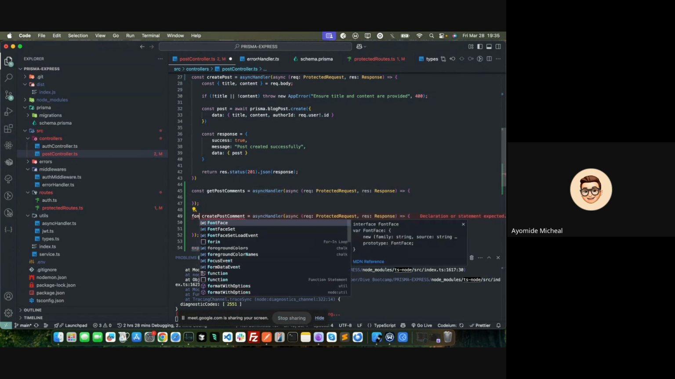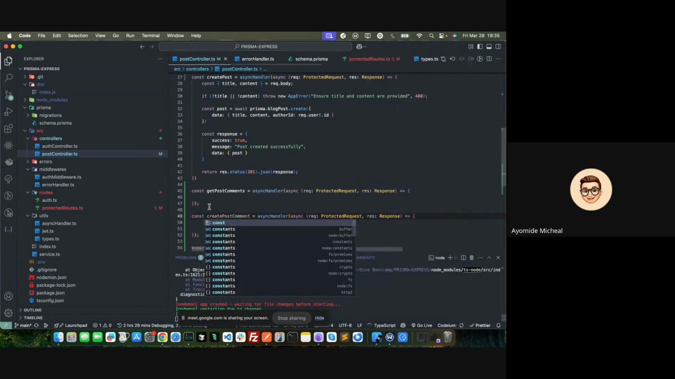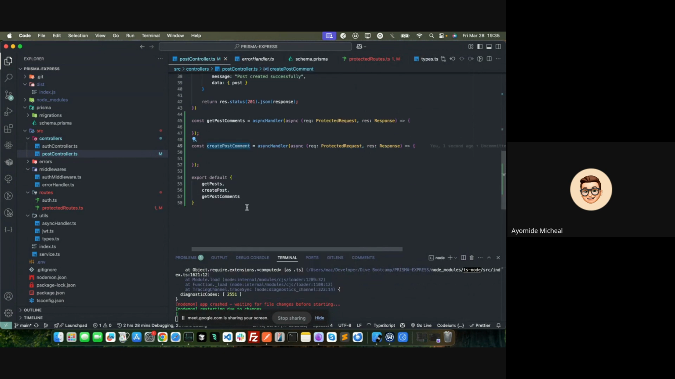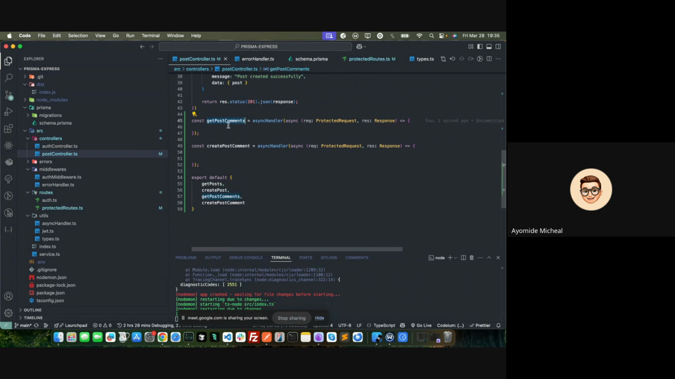So it should be constant. And then I want to export this in this function. So now that we have our get post comments, what we are going to do is to say